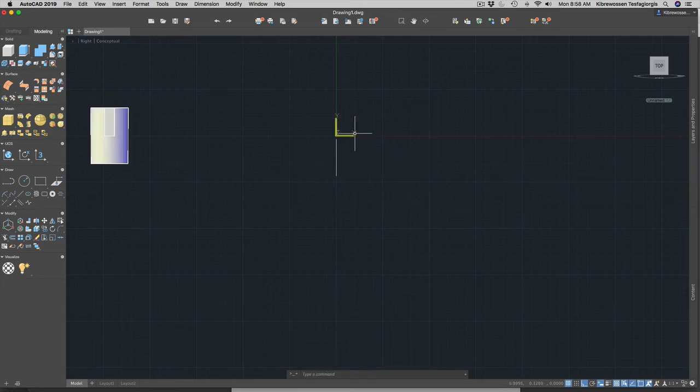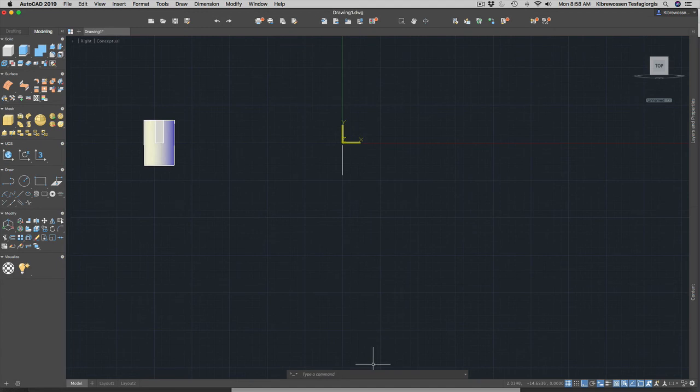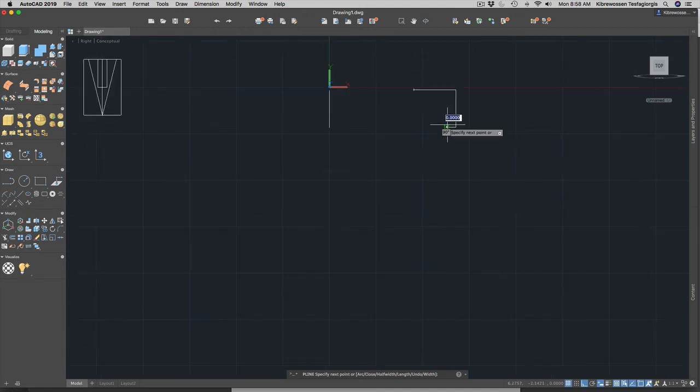Then again, the polyline function. Once I switch to polyline, all right. I'm going to follow the same steps. From here to here, 2.25, then going down to 2, then 0.5. So make sure you move your cursor around,